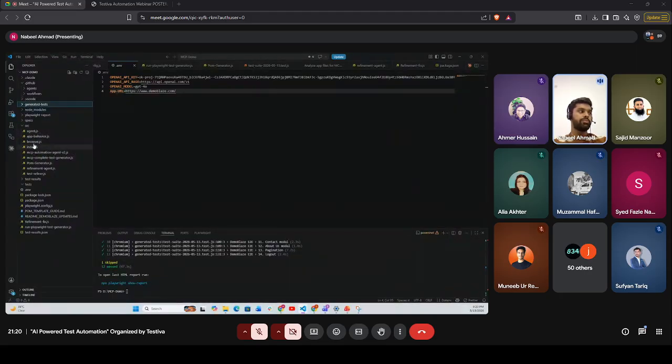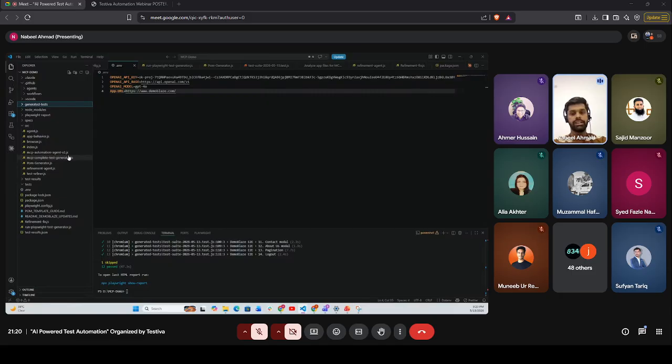I gave it these, and I have manually created a few files inside the src folder: agent, app behavior, and browser.js. The browser file handles the browser when Playwright MCP navigates to it, and our agent is the brain that will be used by MCP and the LLM.